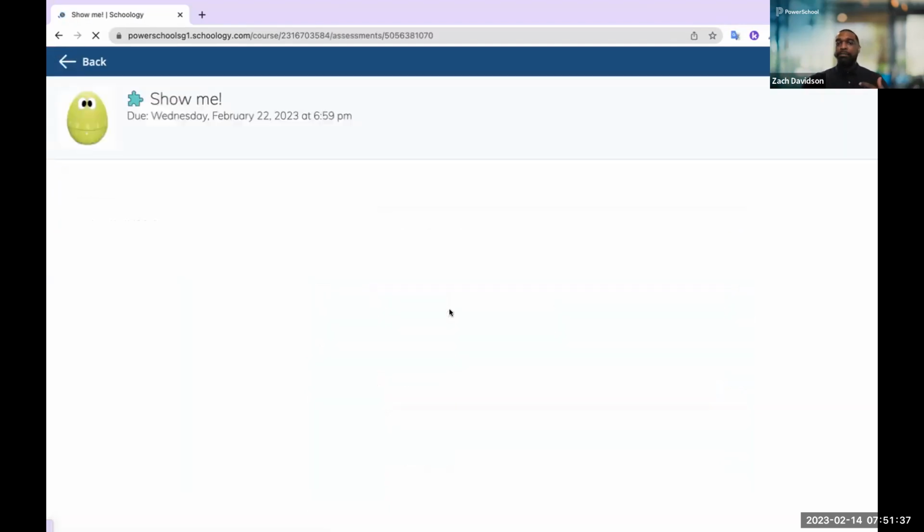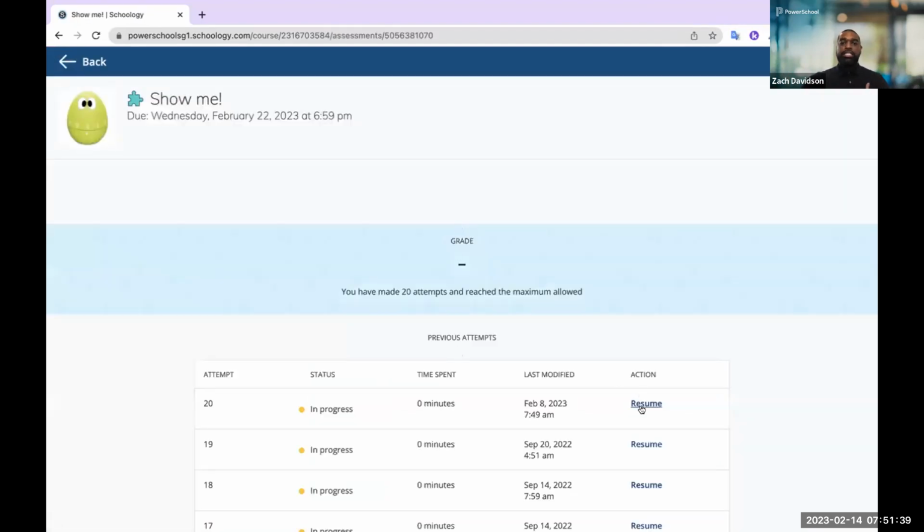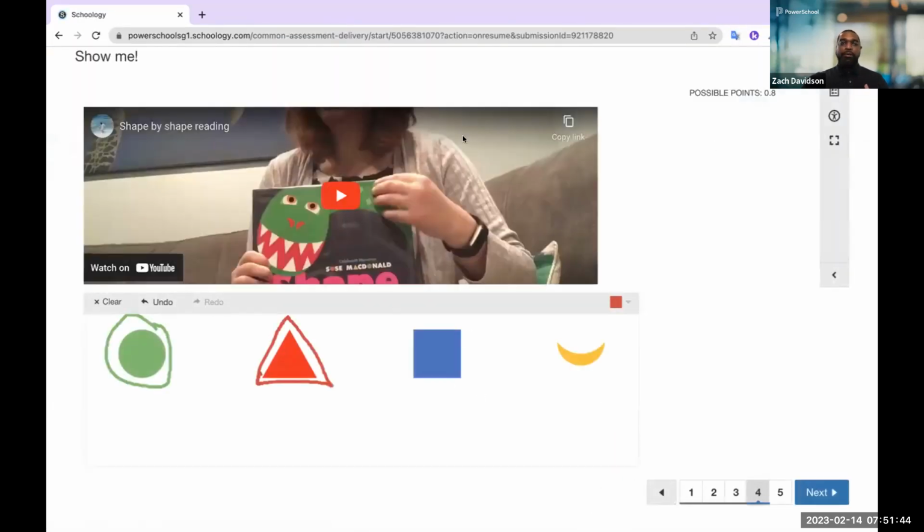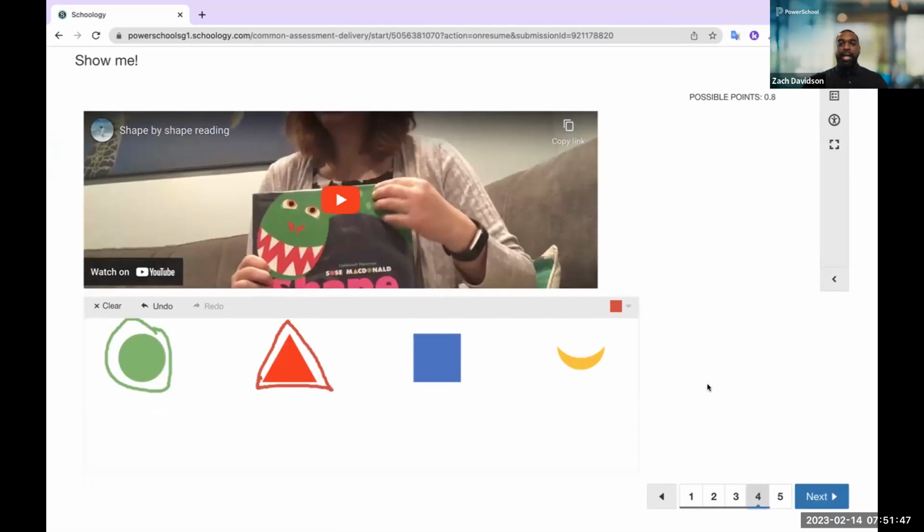To highlight the assessment capability that we showed earlier, this is just another example here where we're taking the same sort of question types. Remember that question type where we went through that algebraic equation? Well, it's the same question type here, but the teacher now has a video of a read aloud and asks the students to, as she's reading through the book, to go through and change colors and color over the shapes that she's naming, right? And so when she gets to blue squares, I can incorporate a new color. I can trace over the square here and show my teacher that I'm understanding the different shapes, the colors, maybe